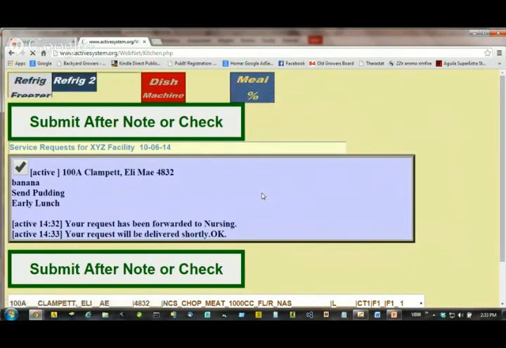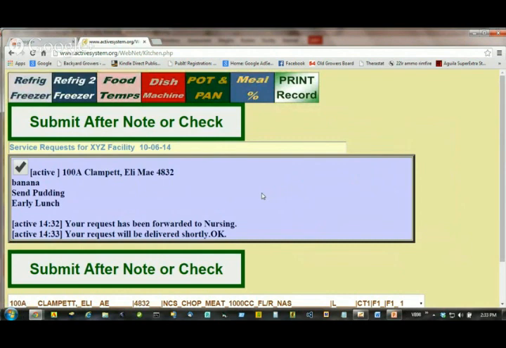And now the box comes up with a record of the actual request, the response from the kitchen, and the response from nursing. Now notice each of these lines that came up, they have the username and then the time here. Now these usernames would be different, but I'm signing on as active,